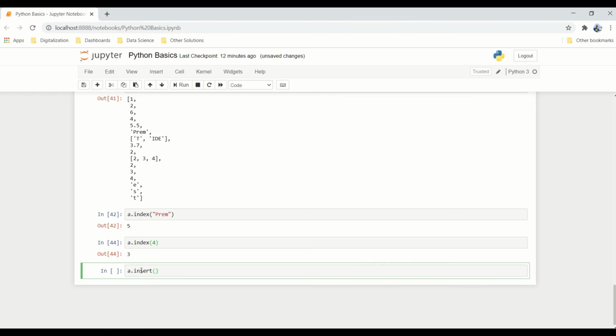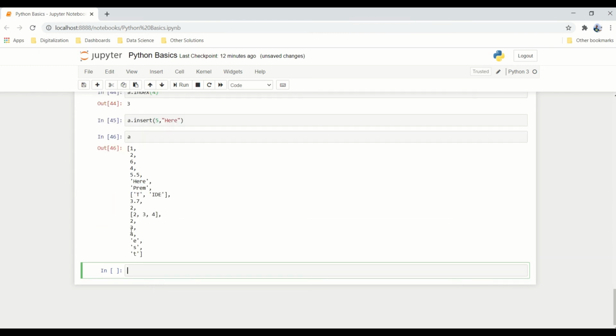Now let's look at the insert method. Let's try to insert something, say here at the index 5. So on the 5th index, the text or the string whatever we have mentioned will be inserted. So what if I try to insert a list at the position 2?